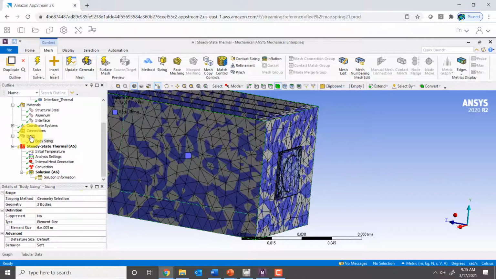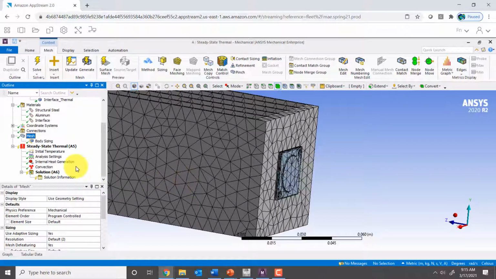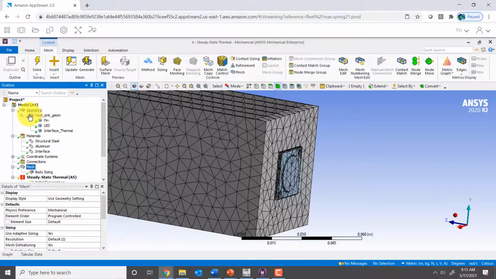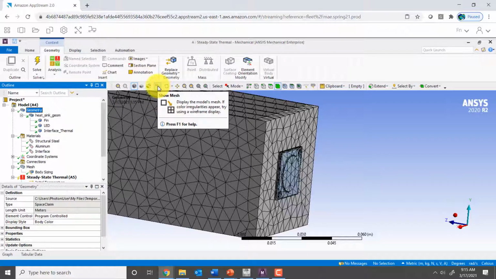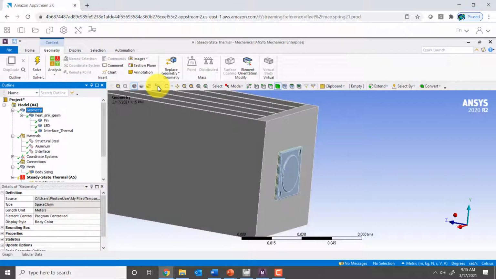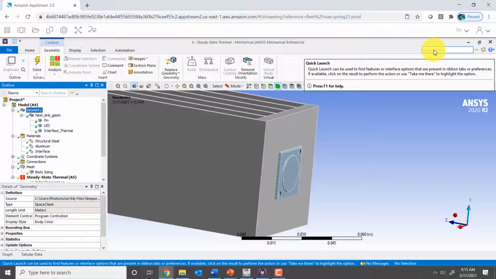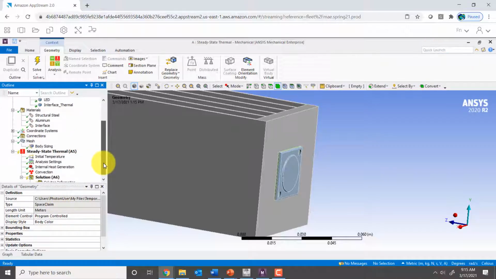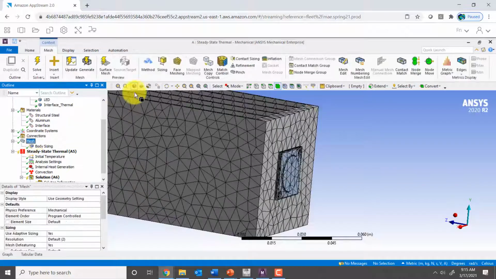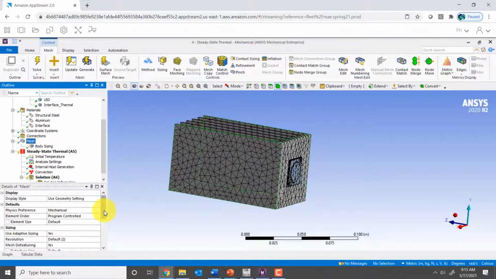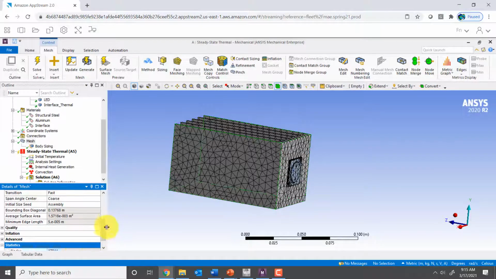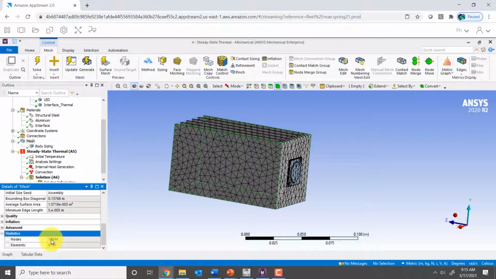Okay, that's better. If I highlight mesh, I can turn the mesh on and off. So if I go under geometry and I want to turn off the mesh, I go in here and toggle between the two. And this quick launch, searching things over there, is also very helpful. Okay, so I have the mesh, and I'd like to take a look at the number of nodes and elements. So you see I have around 17,800 nodes, and we're telling ANSYS, hey, calculate the temperatures at these nodes